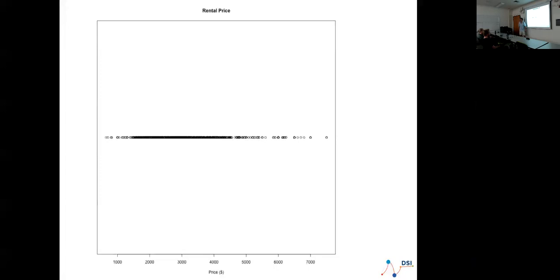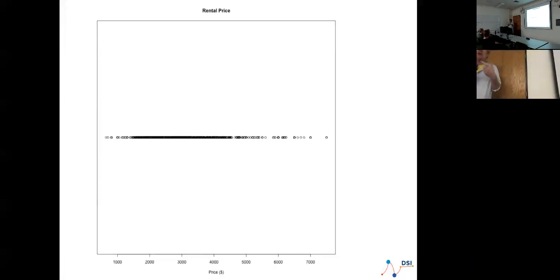Does it tell us how many there are for each price? I didn't say that. I just said price. We'll get there in a moment, and that's actually going to be an issue. When I start changing the question slightly, I don't want to have to go to a radically different plot, because I don't want you to have to start interpreting data totally differently. But is it the case that there's just one for each price, or is this just the range of prices that we have? So this is the observed data.